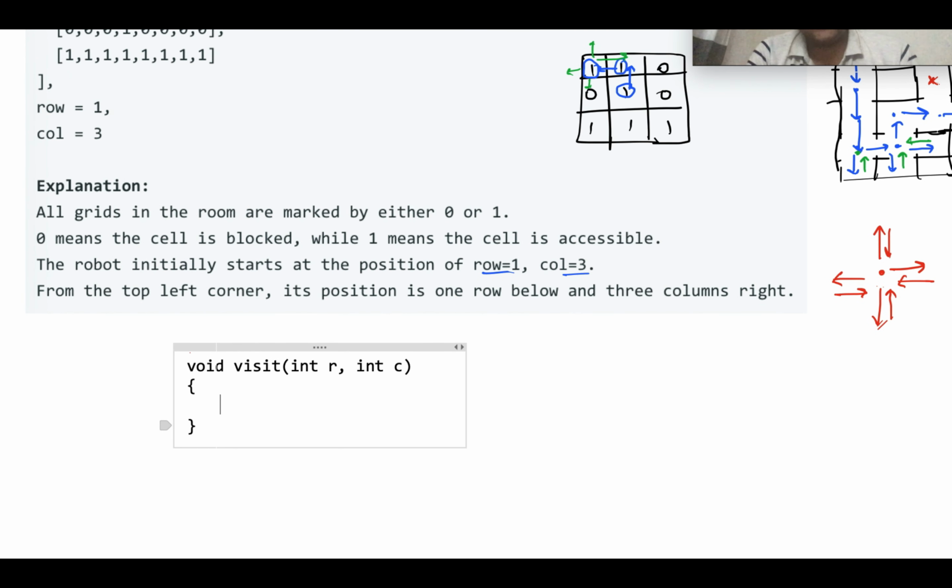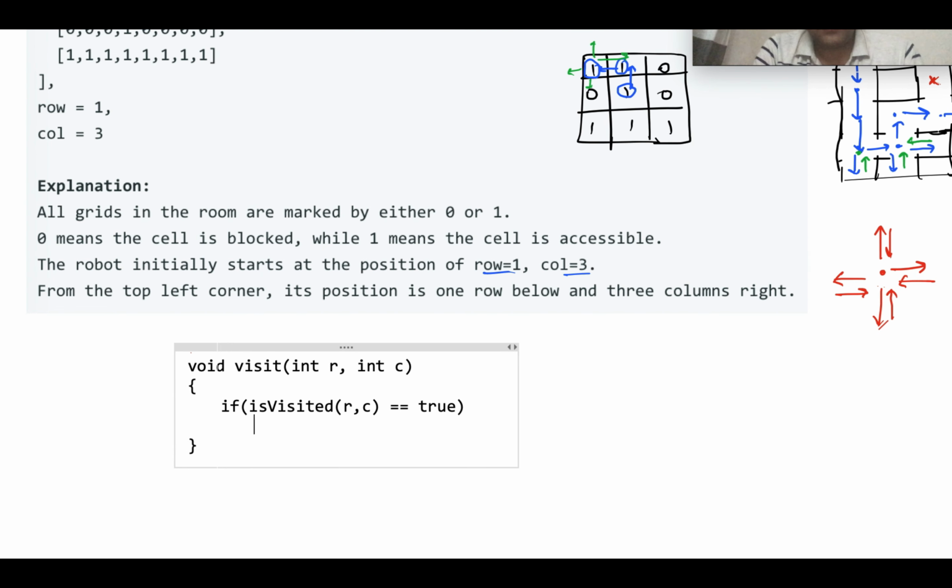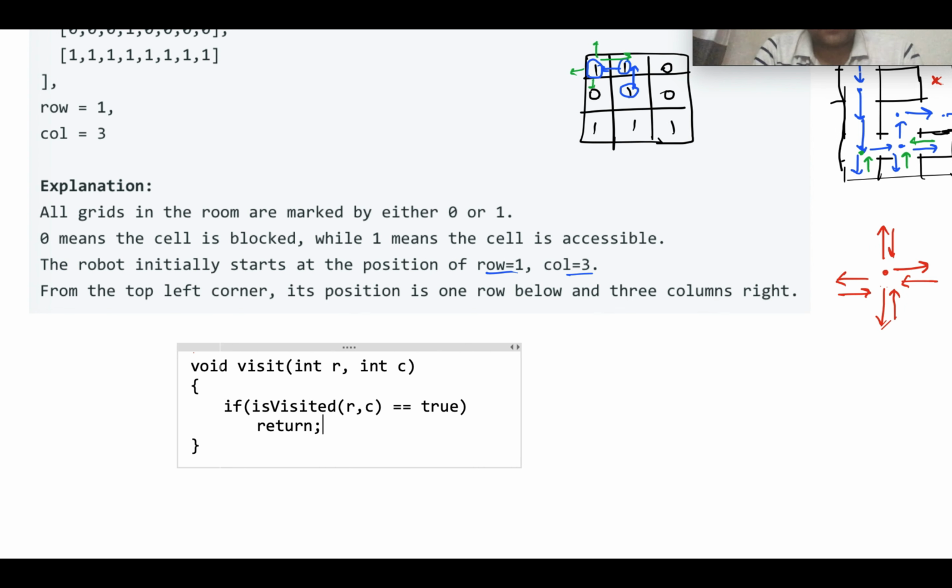Because if a cell is already visited, then we should not be visiting the same cell twice. So first we will check if visited, if let's say we have a function is visited, we check if this cell is visited or not. If visited of RC is equal to true, then probably we don't need to do anything and just return.